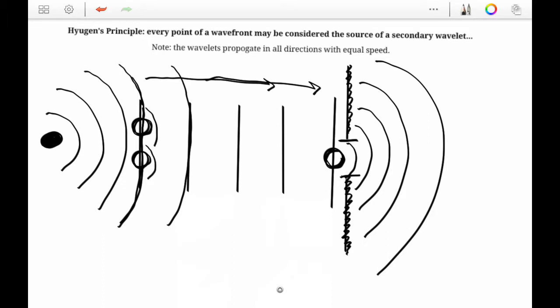Just so you know, Huygens' principle can be summarized as the edge of a wavefront creating a series of circular waves, and the amount of bending is more extreme for a small opening. So what we're going to talk about next is